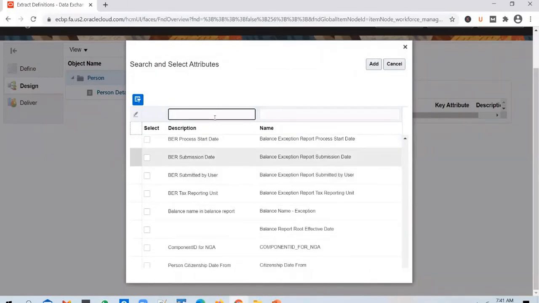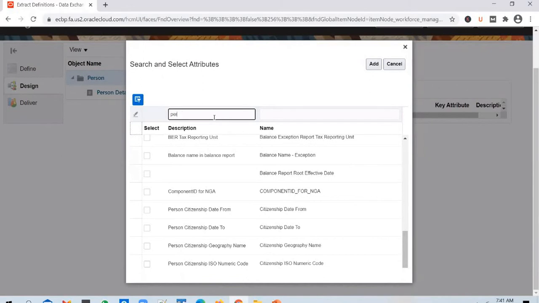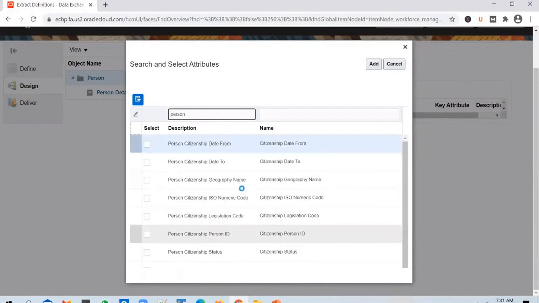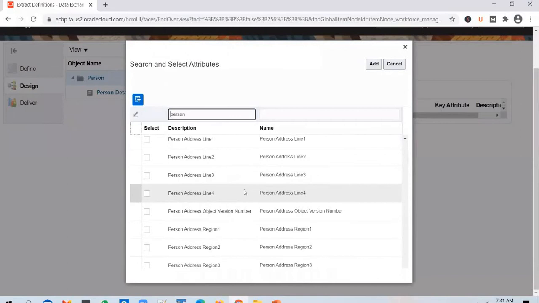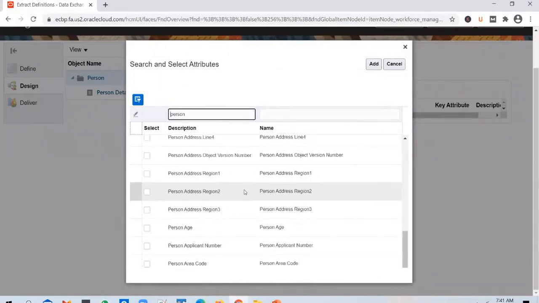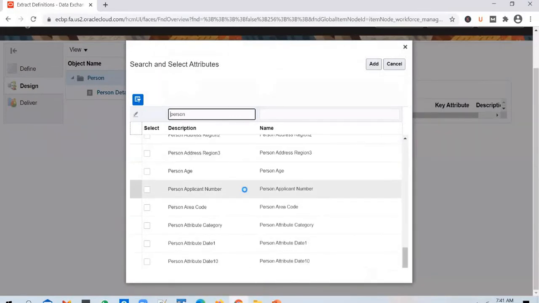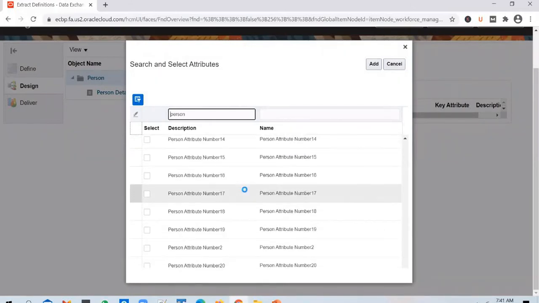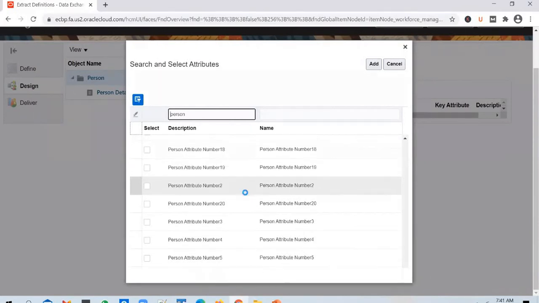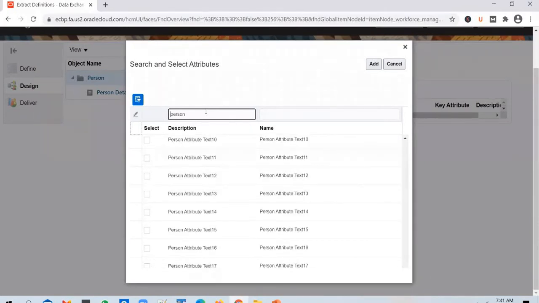Scroll down. You can search with person and look at the details. So that's okay.